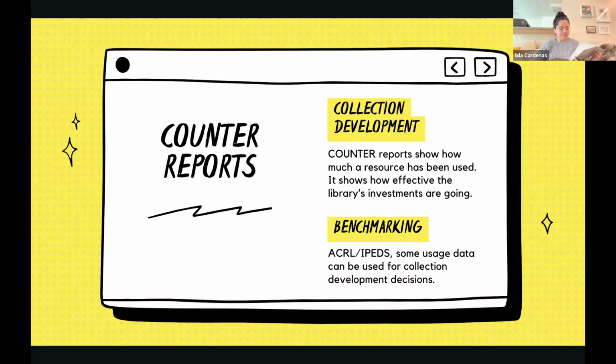What do we use counter reports for? Well, we use them for collection development decisions. And we use counter reports because they're a reliable metric. They apply across all platforms. And we incorporate this data